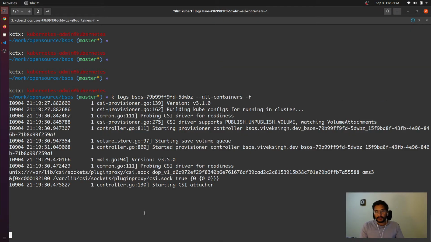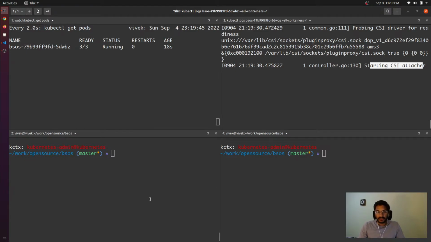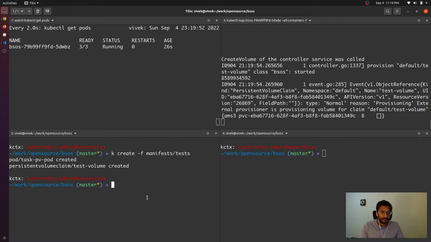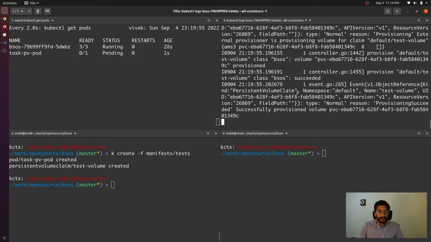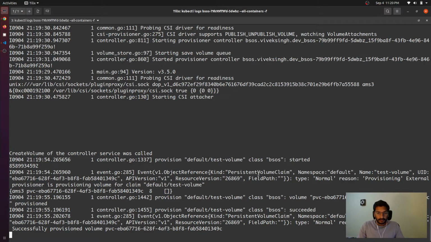Okay, so now if you see here, CSI attacher has also been started. So now what we are going to do is we are going to create the PVC and a pod that tries to consume that PVC. So create -f manifests and tests. And now if you see, task pod was created, but